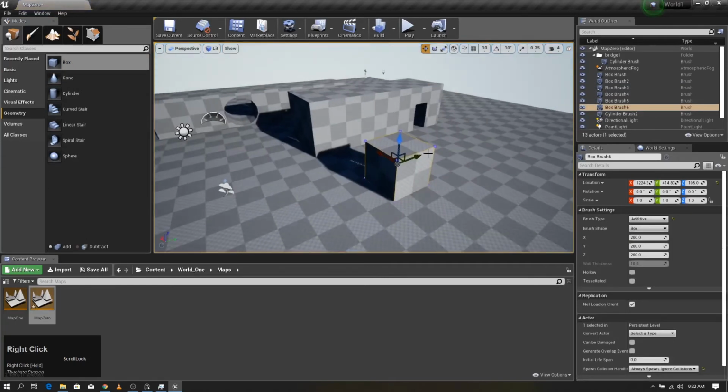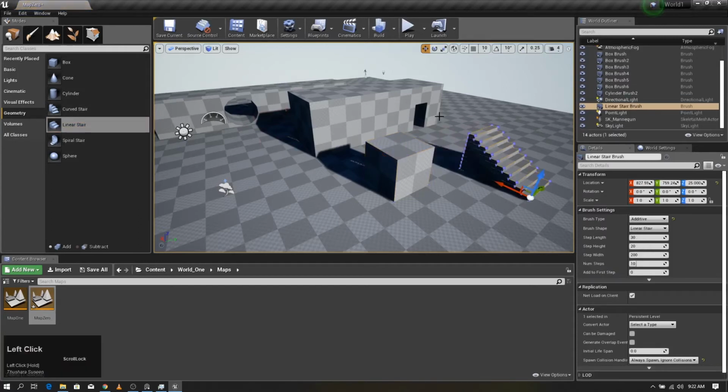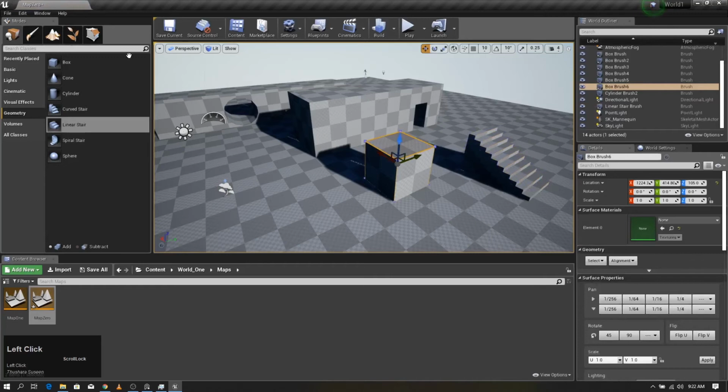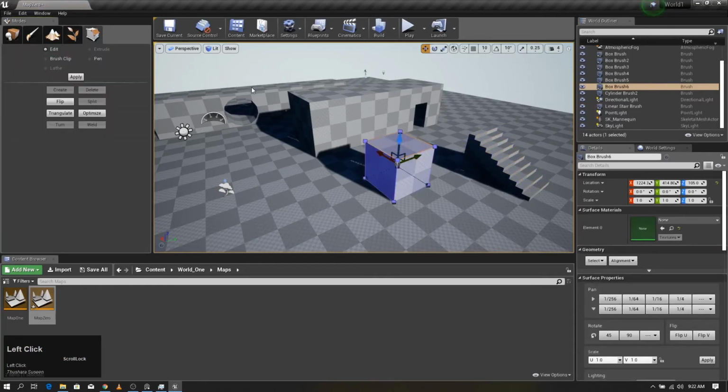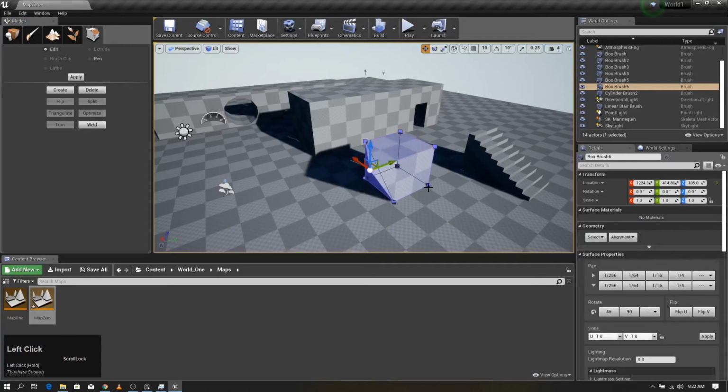Alright, if we want to deform edges, we can just select these edges and deform the object, or we can move the faces, or we can